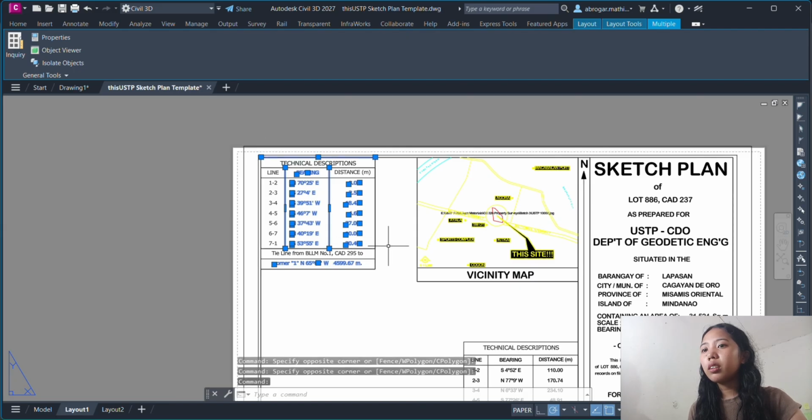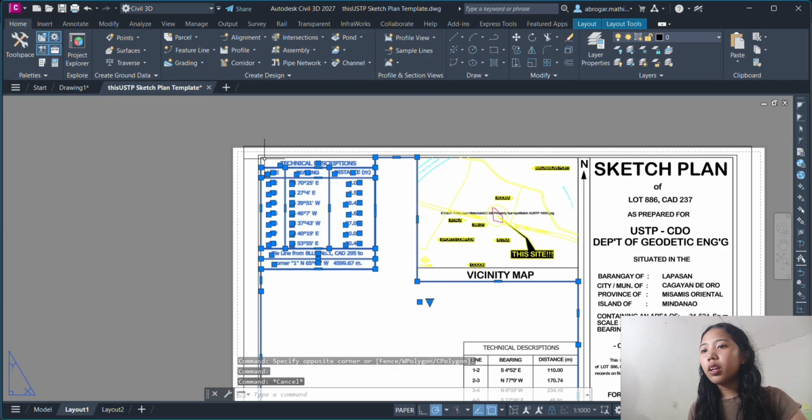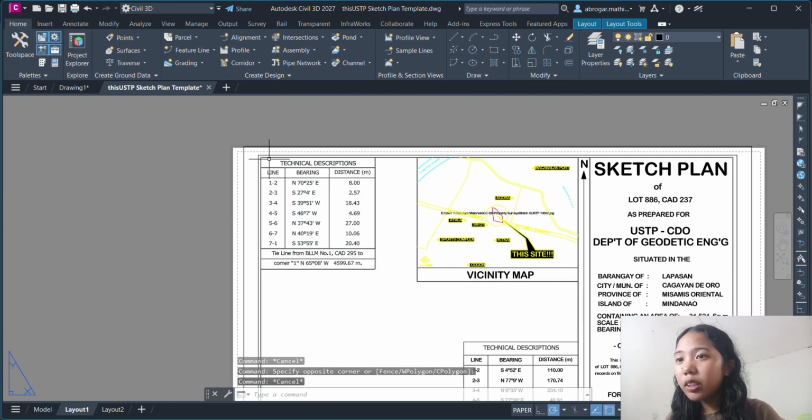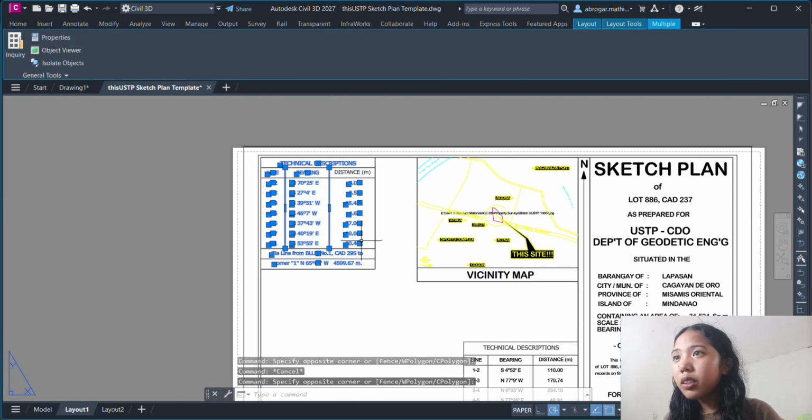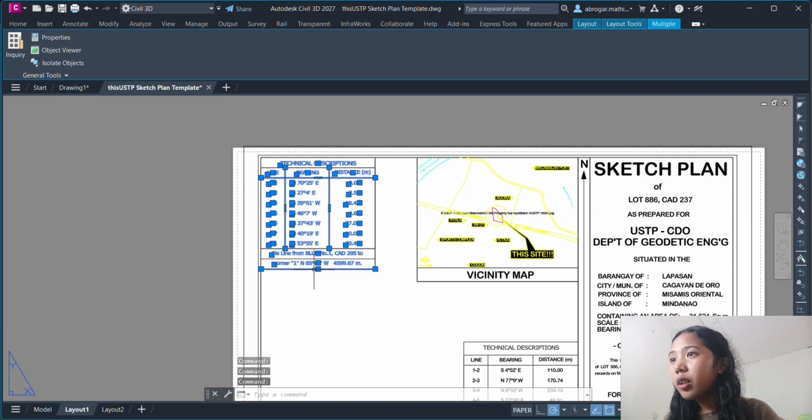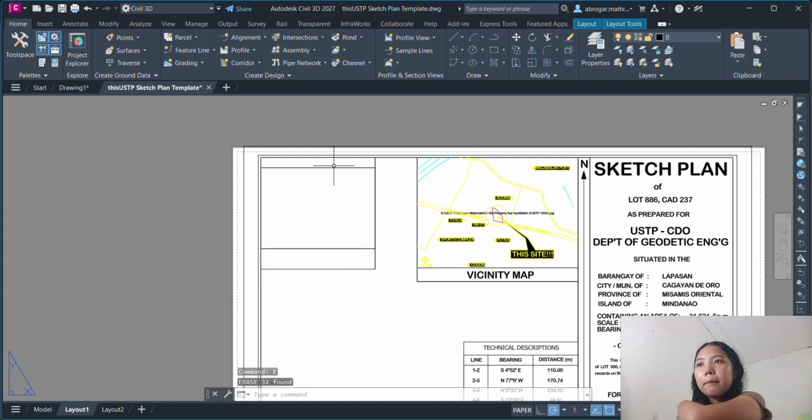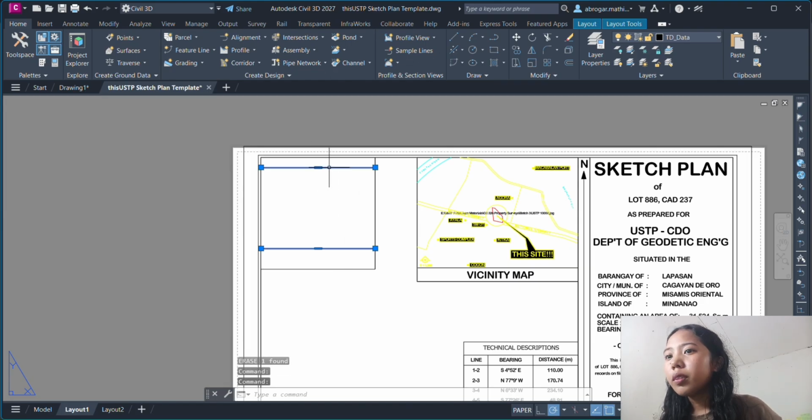But before that, to finish, let's change the tie line based on our V-37. So the tie point is this.